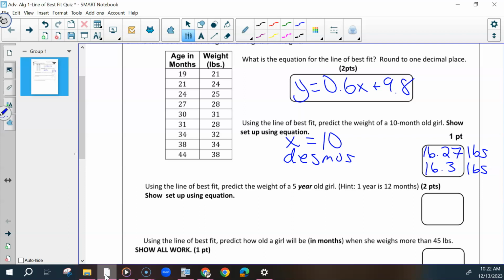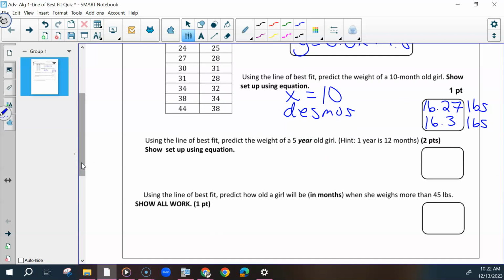Right? The next one was very similar. You had to show me somehow how you made the 5 years into months, multiplying, putting it into Desmos, putting it into your calculator, saying that x is 60, something like that. As long as I saw 60 somewhere, you got the point for that. And then if you put that back into Desmos,